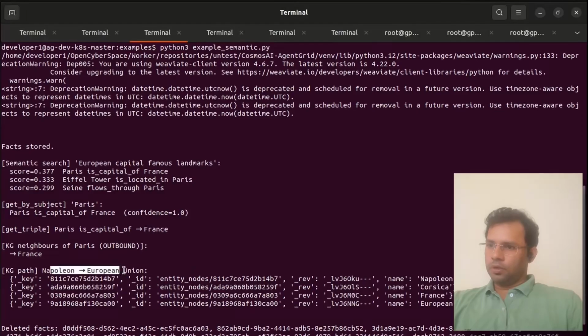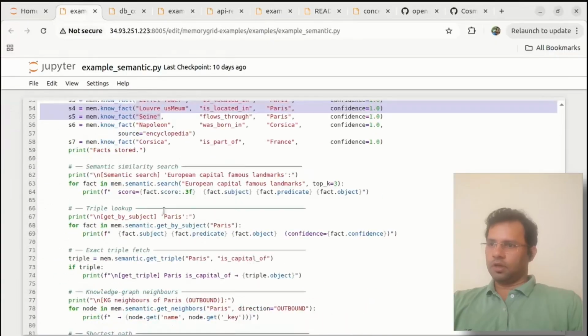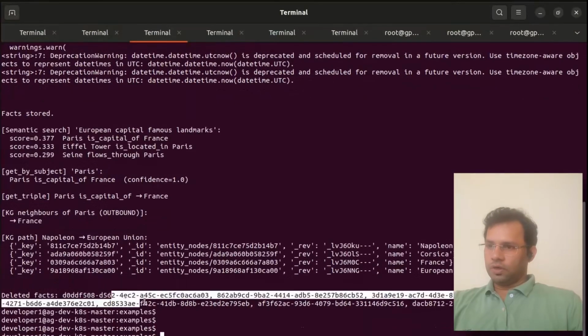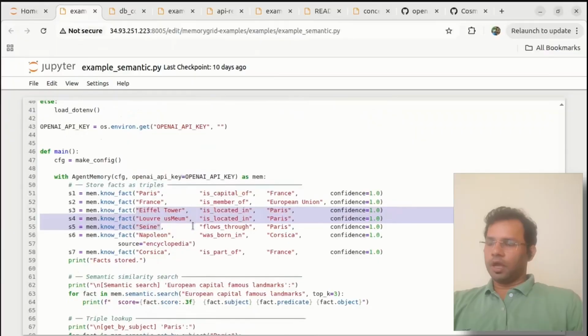Next, Napoleon and European connections. You are traversing and you are getting Napoleon, Corsica, France, European. That's what I have explained in this data here. So next is a deletion. So this is the semantic memory, and then let's go to the third memory,